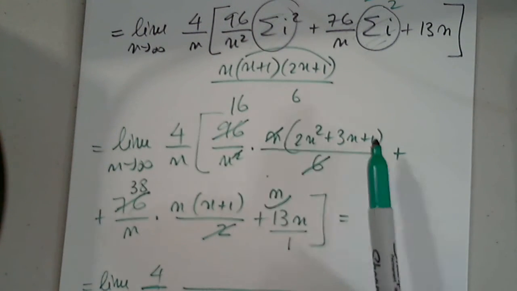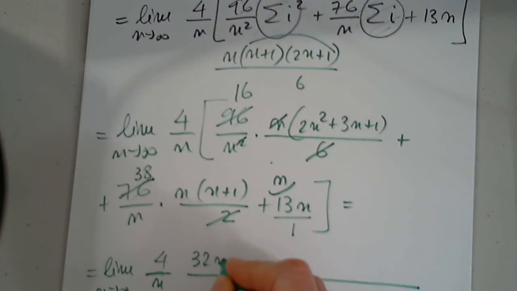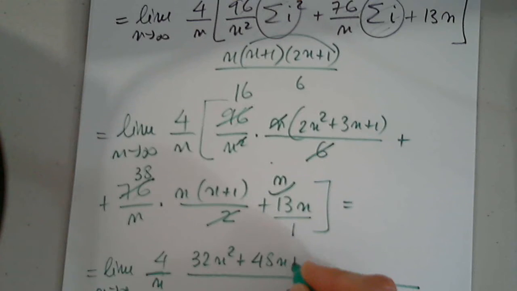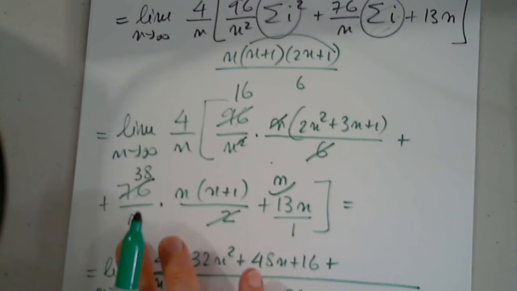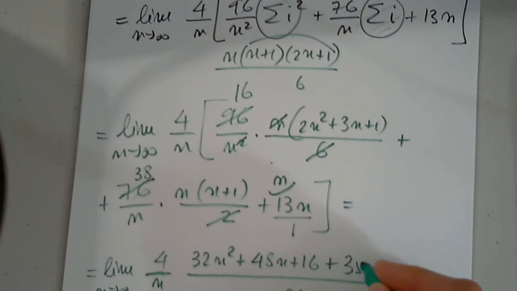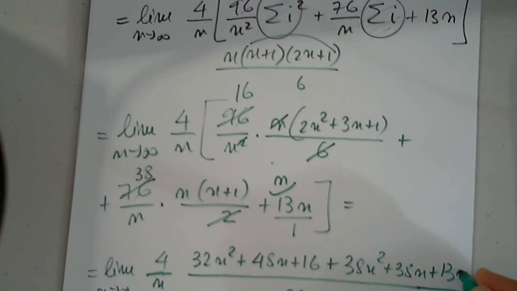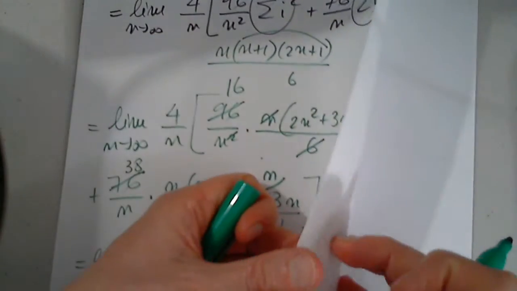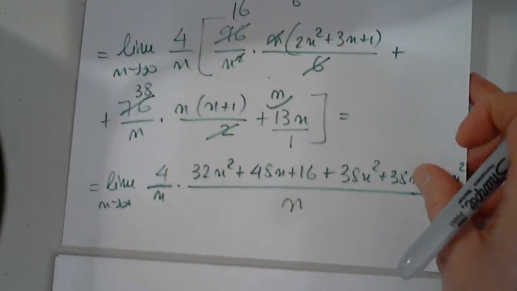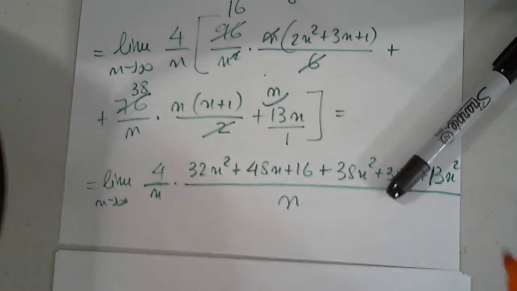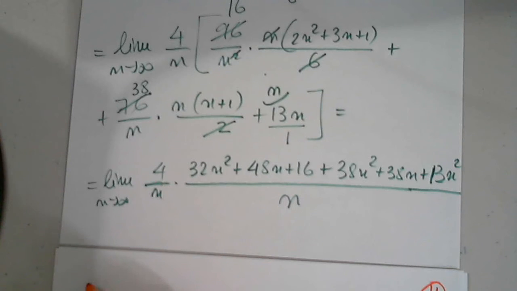So now 16 times all these three terms. So 32n squared plus 48n and plus 16, plus 38 multiplied, I have to have the n, so 38n squared plus 38n and plus 13n squared. For the first time ever, I fit it in one row. Hope you're proud of me. Okay. And that's 11. Okay. So then limit as n approaches infinity 4 over